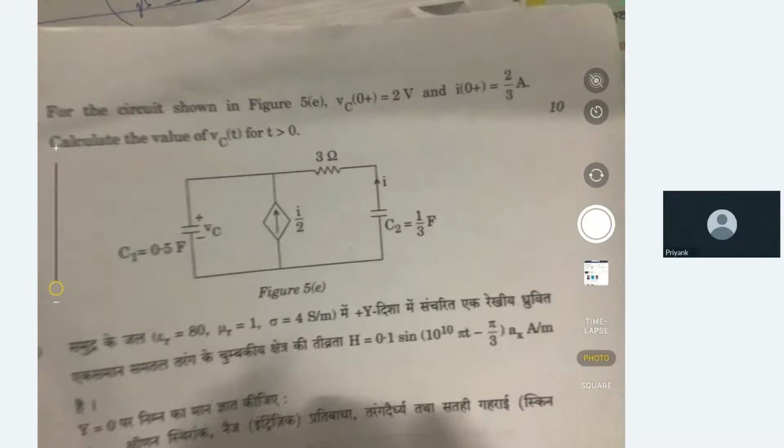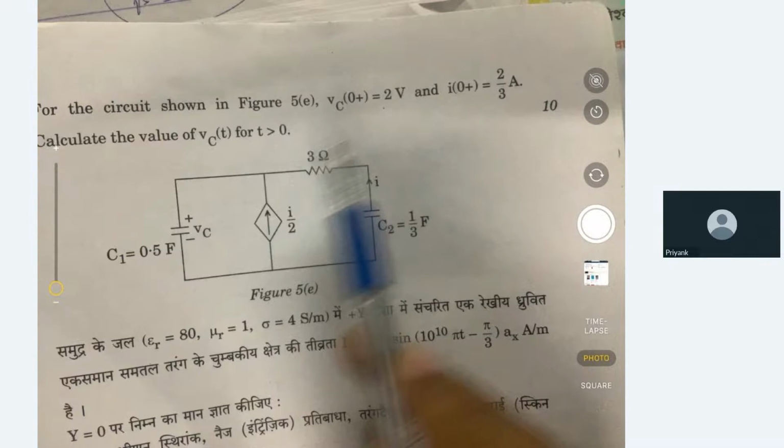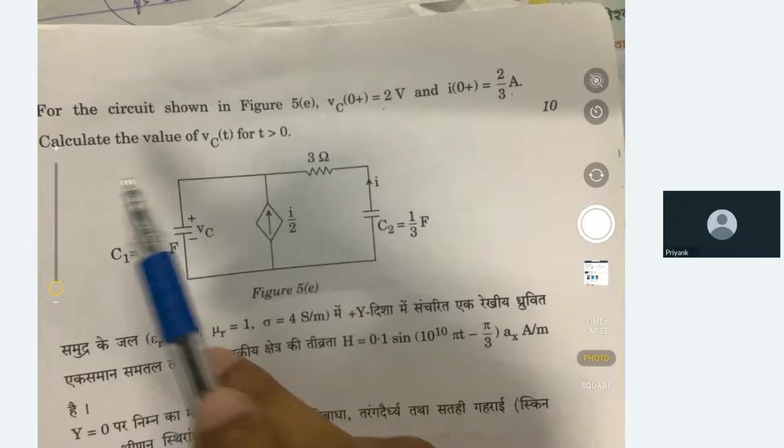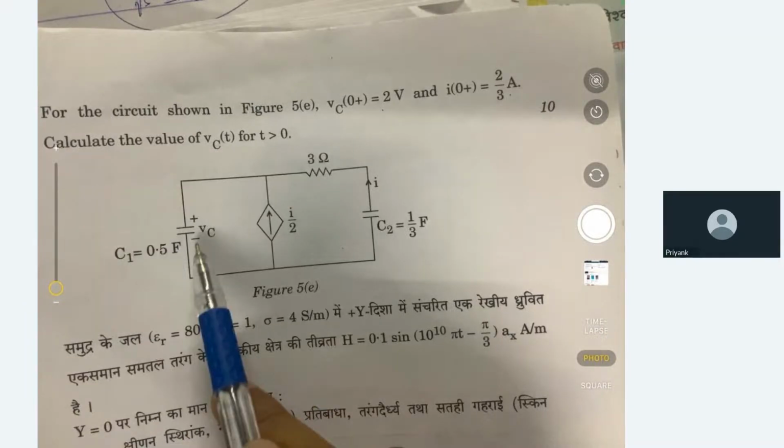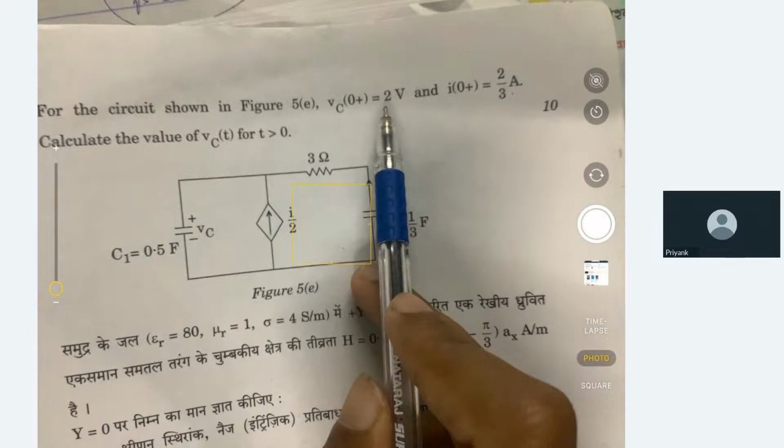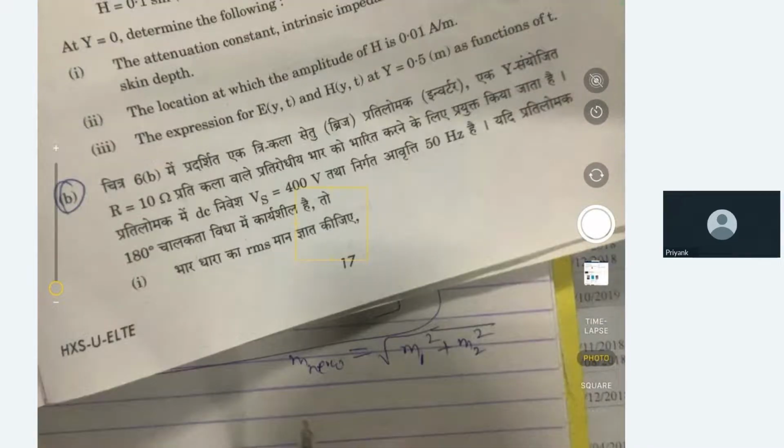VC(0+) is equal to 2 volt and I(0+) is equal to 2 by 3 ampere. Calculate the value of VC(t) for t greater than 0. So VC(0+) is given as 2 volt. So VC(t), we know, for 1E I am discussing,